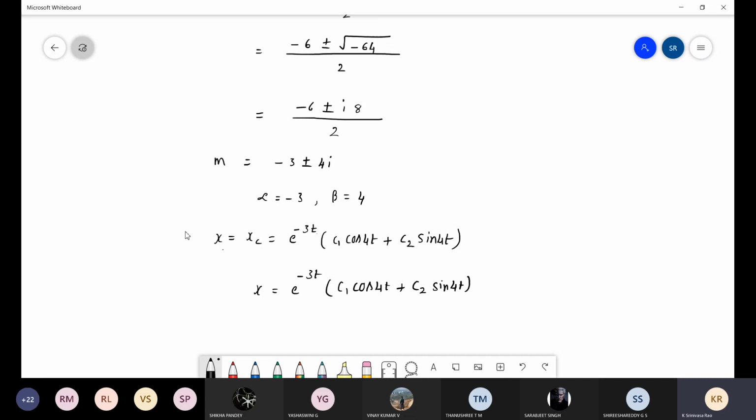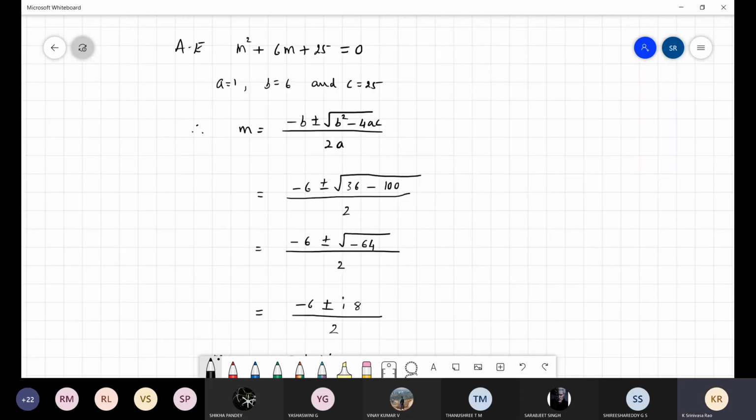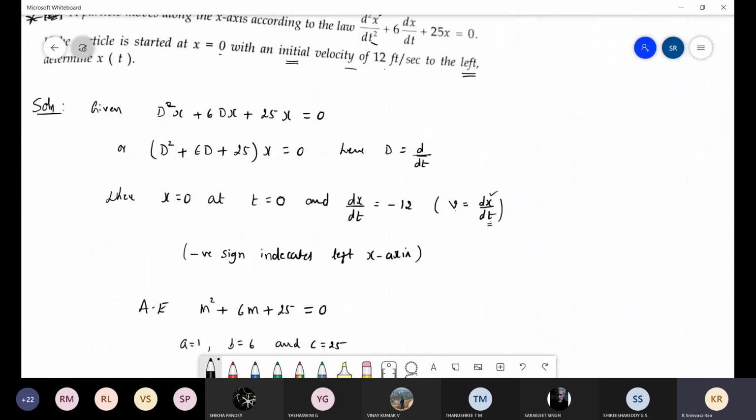So take this as equation 1. Because this is what we call an initial value problem. Once the value is given, like x is equal to 0, this is what we call an initial value problem. If the initial value is not given, the other way is called a boundary value problem, at the end points. So in the standard way we call them IVP and BVP.